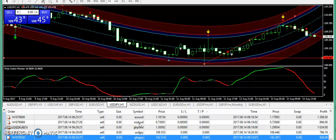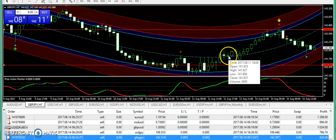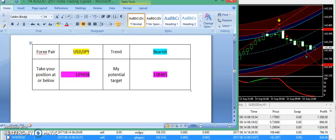Okay, next and last, I'm going to talk about Great Britain pound JPY. You know that it went up from 11th of August. It had very good bullish pressure at that time, and it went up after a doji here, and now guys, look here again. You will get the same message I conveyed for USD JPY. Doji appeared at the top. You waited for the next candle, then you waited for another hour. The market was getting a rejection, and I have also supplied the bearish signal right from 109,698, and the market